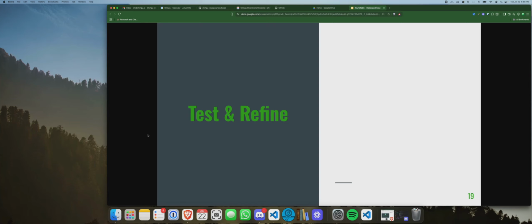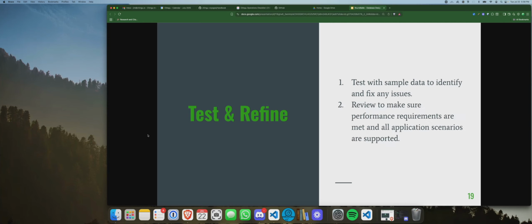So let's talk real quickly about testing and refining. We've really already covered this when we were going through the examples. But again, after you've defined the database, you want to create a set of sample test data, and you want to make sure that it represents the requirements of the application. And I say test data, you'll also want to create some sample queries for each of the requirements. You want to run that, and if you find issues, you need to obviously fix the database design and rerun